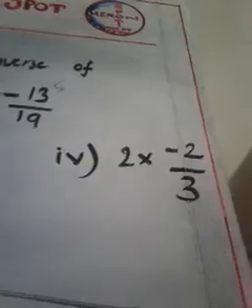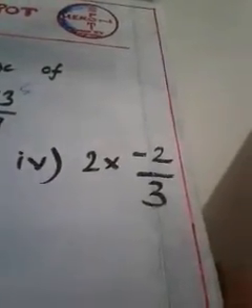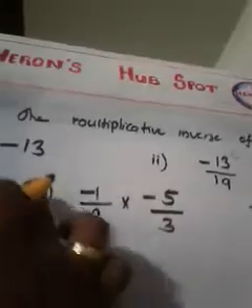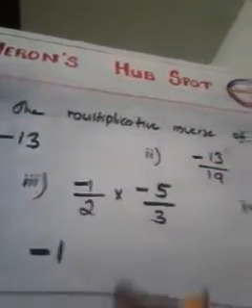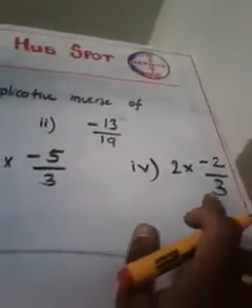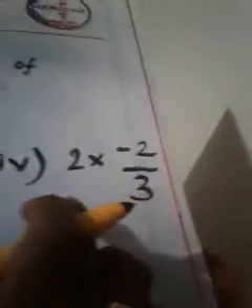Now this is your question: which is the multiplicative inverse of 2 into minus 2 by 3? I told you some of these questions are not included in your textbook. These are not in-text questions. I selected only 2 questions from the in-text, but still you have to write this question in your notebook. That is compulsory. And now I am going to solve the multiplicative inverse of 2 into minus 2 by 3. So I have to calculate that.